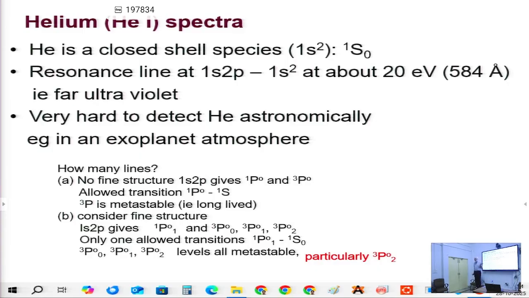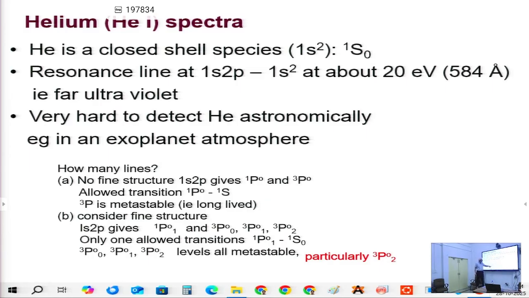Now that's long-lived, that's better stable, because it doesn't obey all the selection rules. It doesn't obey the delta S equals 0 selection rule. It involves changing spin. If you take this one level further, and we consider fine structure, so singlet P,